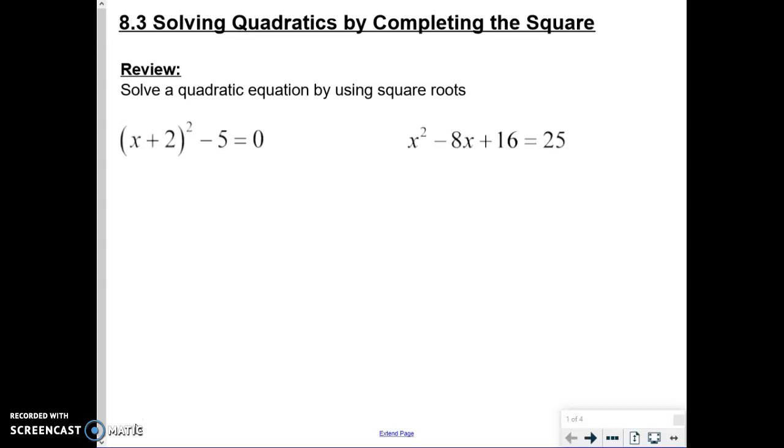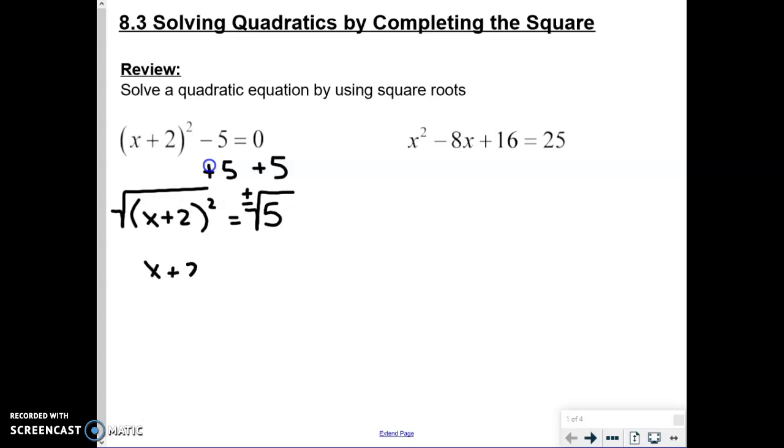First example, we see here the binomial (x + 2)² − 5 = 0. Remember, with one like this we would simply add 5 to both sides, which would leave us with (x + 2)² = 5. Then we would take the square root of both sides, remembering that since 5 is a constant, we take both the positive and the negative root, which leaves us with x + 2 = plus or minus